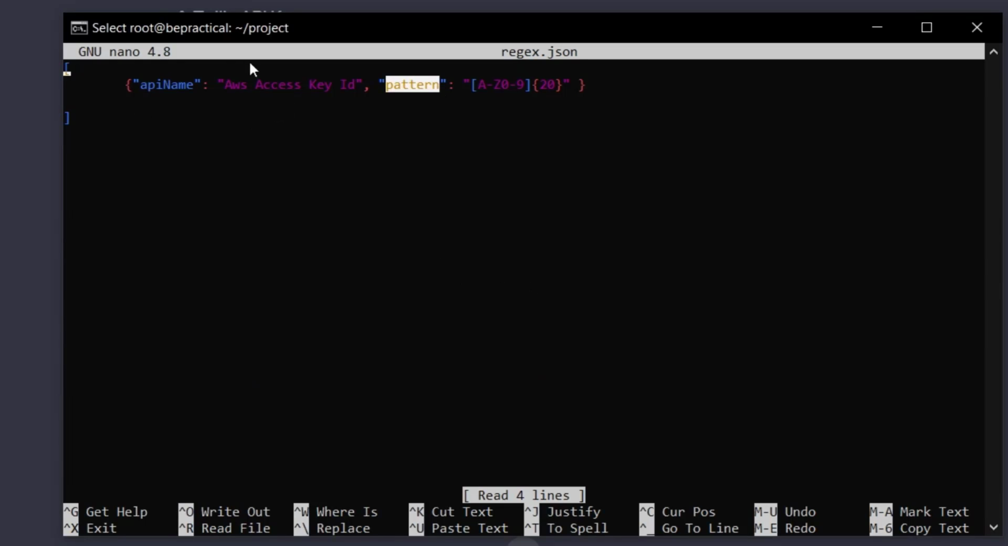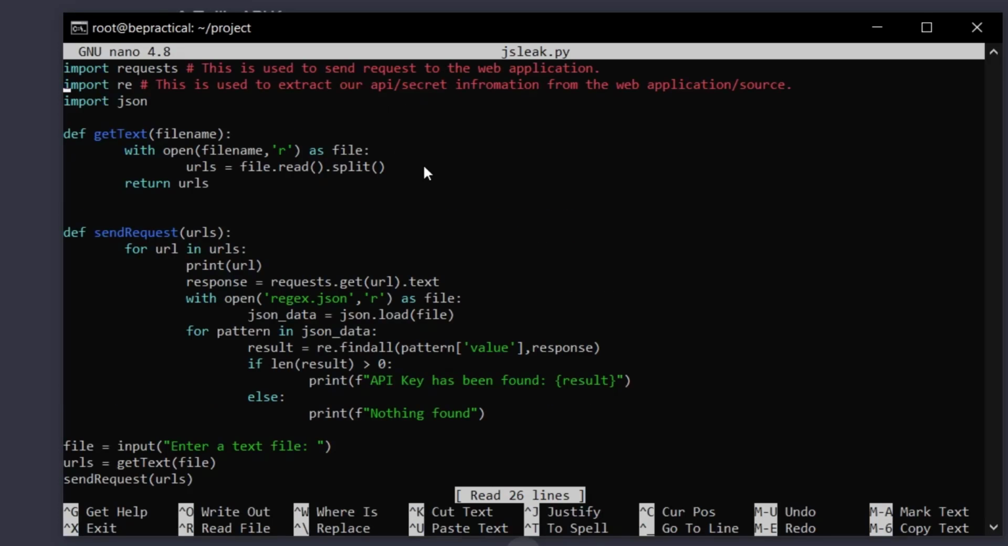Okay, so if we want to access something inside a dictionary or an object, we actually need to put the key inside a square bracket, right, in Python. So that's what I did here. So I have added pattern, and instead of value this will be pattern. And now